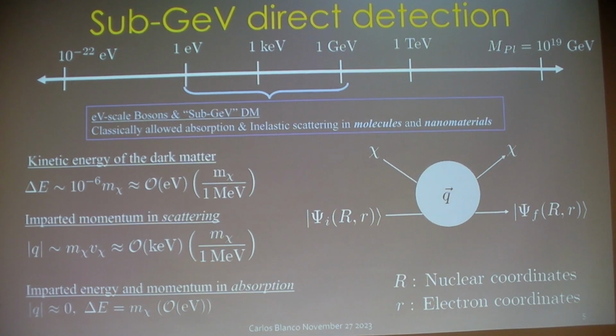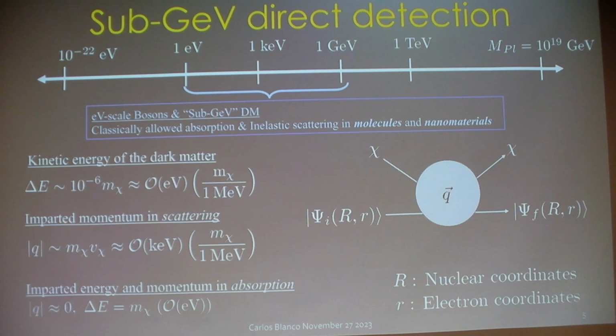Okay, and so the schematic setup here is you have a dark matter particle. I'm going to represent that with chi, and this is not a Feynman diagram. It's just saying that you have that interacting with some initial state psi_i. It's going to promote that state, some experimental state, to psi_f, and it's going to impart some momentum q. And we're totally blind to how it's going to do that. We don't really care. We want to work completely independent of a model.